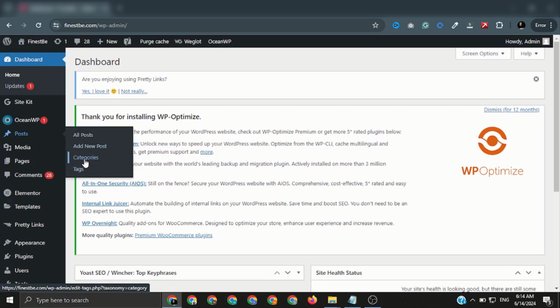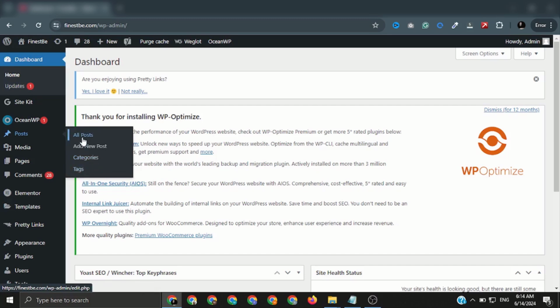What are categories? Categories are for the categorization of the posts that you want to separate from others. Like if you have a category of WordPress development, then you create it and name it WordPress Development, and you will assign that category to the posts that you want to include in that category. The same you can use for the tag.